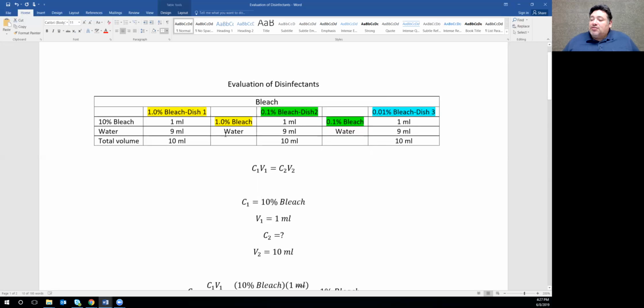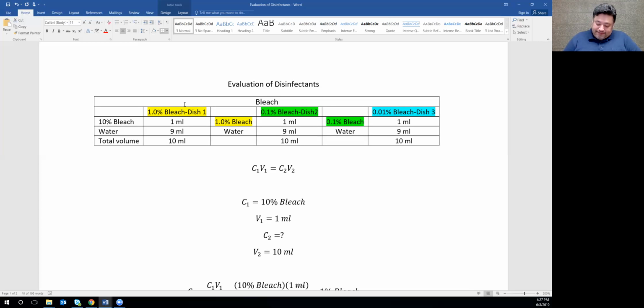Okay. So we're trying to come up with 3 concentrations of bleach. We need 3 Petri dishes. Okay. So we have 3 Petri dishes. There they are. And we're going to label them. And the author tells you to use that horrible grease pencil. I hate that grease pencil. Me, I like to use a Sharpie, thin tip Sharpie. Okay. So I'm going to go ahead and label this